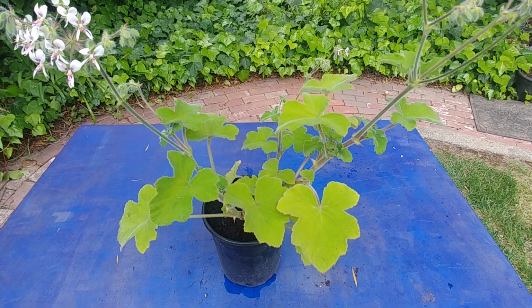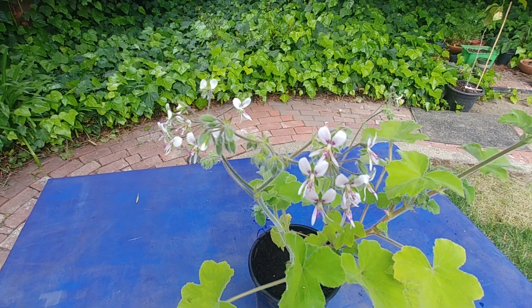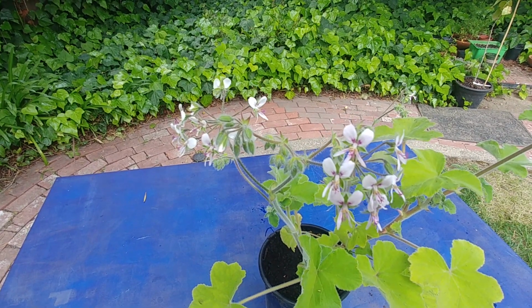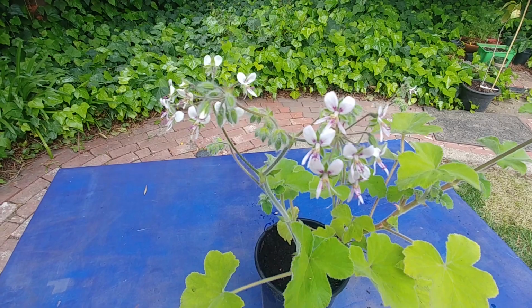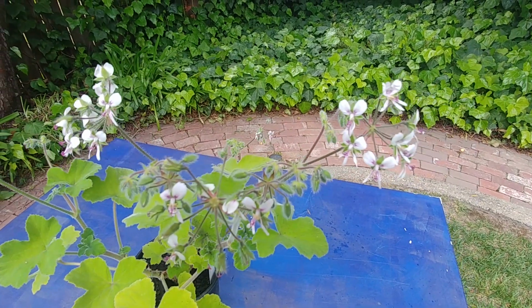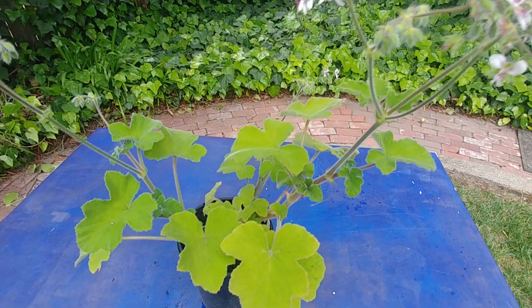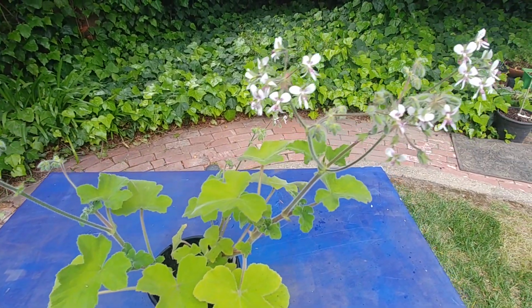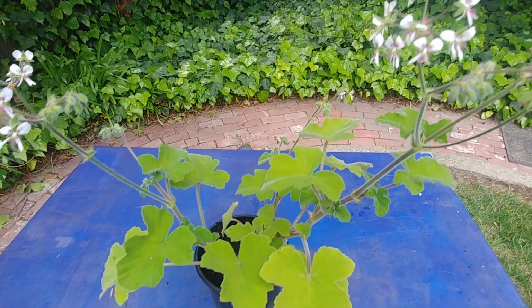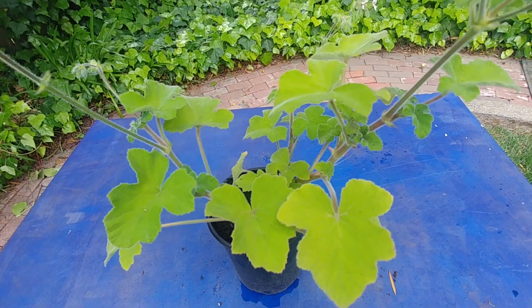So our scented geranium has started to bloom. It's very tiny white flowers with purple shades in the middle. So basically in 6 months, from a stem to this about 2 feet tall plant, and it has started to bloom. I would say that it is really easy to grow this scented geranium, and it is so fragrant,